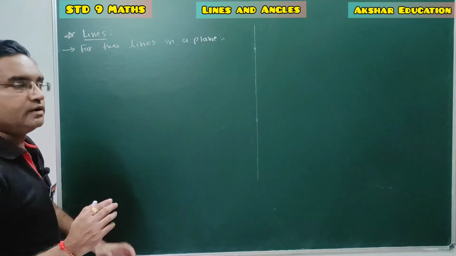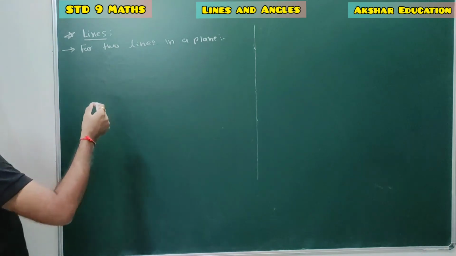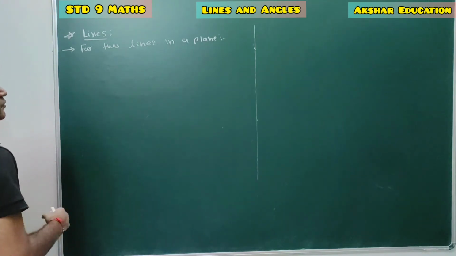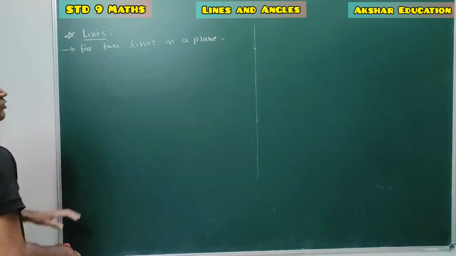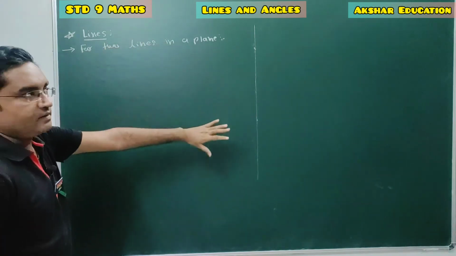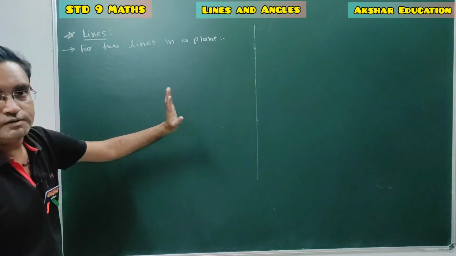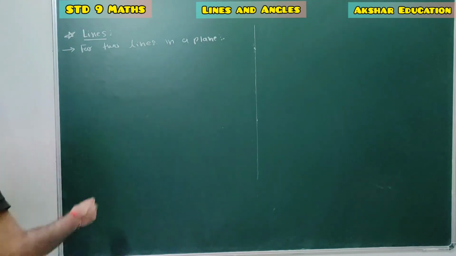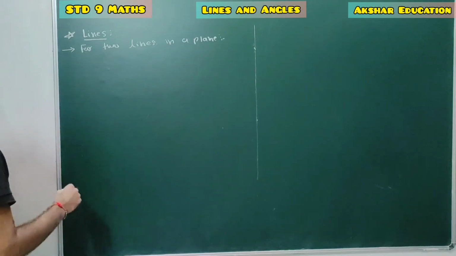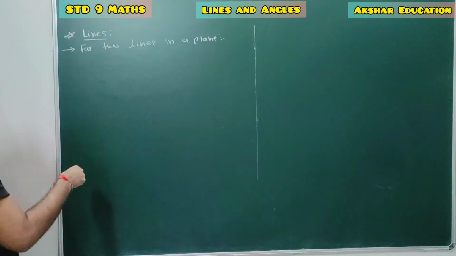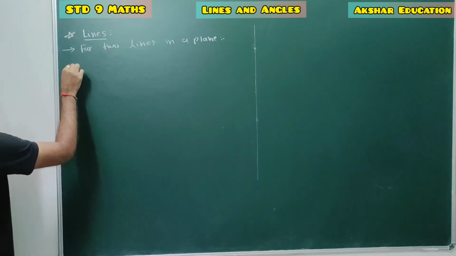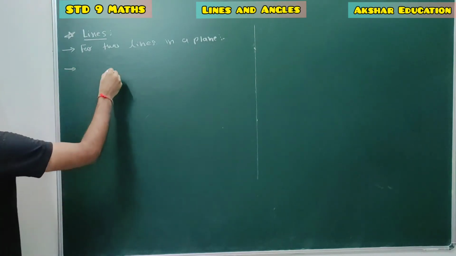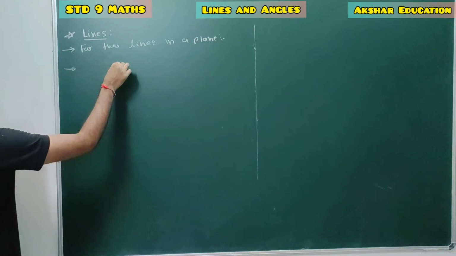Coplanar lines. Done? So that means the lines which lie in a common plane, or you can say only one plane. So here all the lines will lie in this plane. That plane is our board, the green board of Akshar Education. Clear, students? So for two lines in a plane, three possibilities are there. First possibility, the lines may